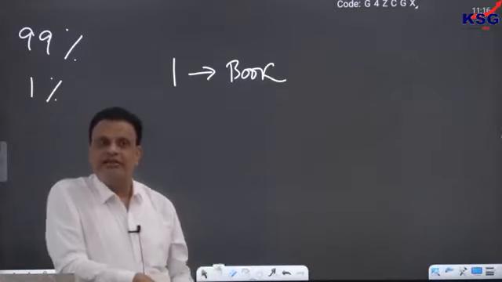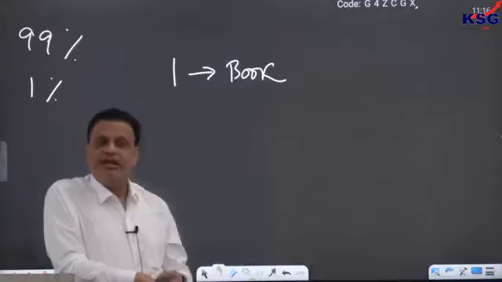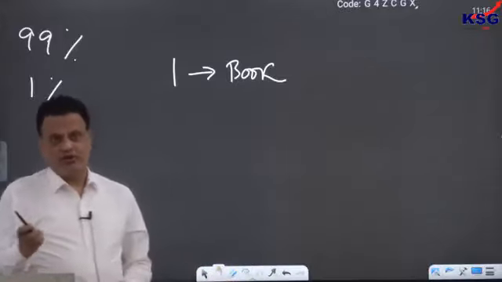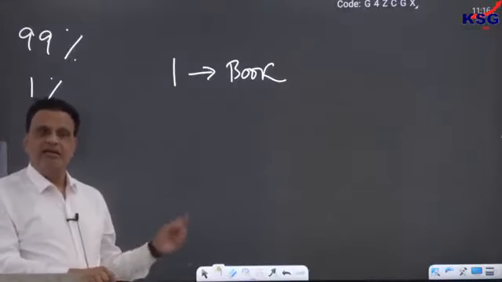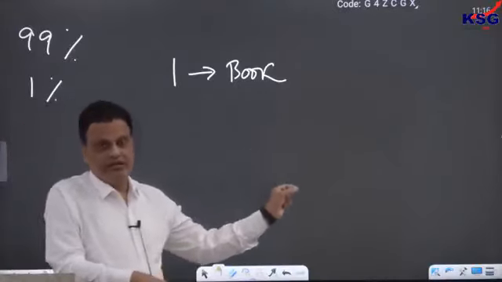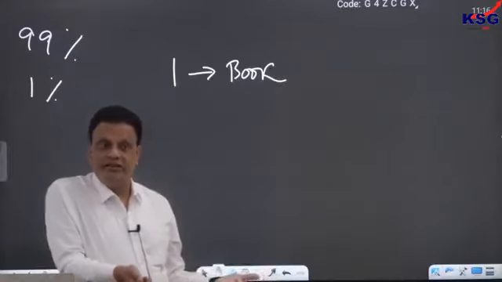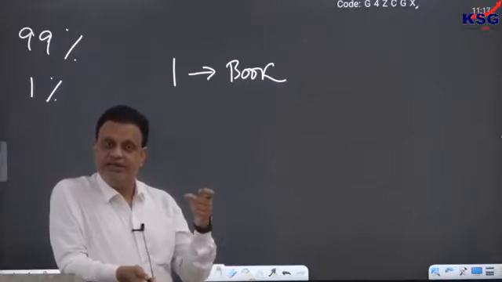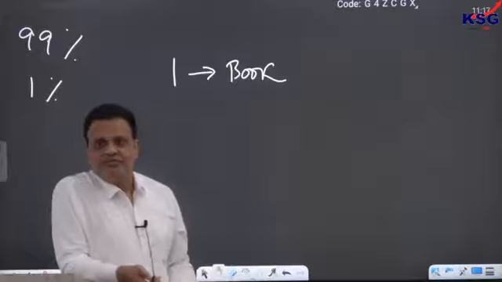So if somebody is writing a book and you take a gun in your hand to kill that person, then is that morally justified? Of course not. A book must be countered by a book, an idea must be countered by an idea, guns may be countered by a gun. So if somebody is taking a gun against you, then you can legitimately take a gun in your hand to kill that person. But if somebody is just writing a book and you take a gun in your hand to kill that person, then that is unethical.